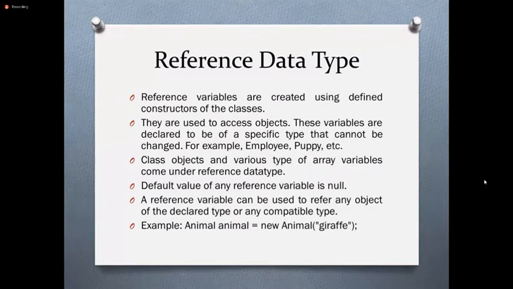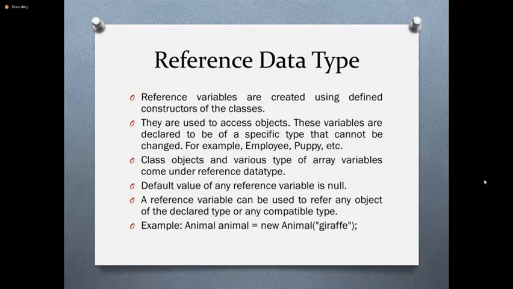If we take an animal called puppy, that can also be taken as a reference type. Then class objects and various types of array variables come under the reference data types. Array variables are also coming under reference data type in Java.